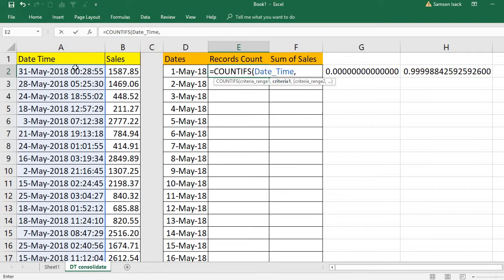This is where, in the date time records. Okay, the date time list, the date time column of this total records. Okay, what do you want to look for? I want to look for this value. So it must be greater than or equal to,